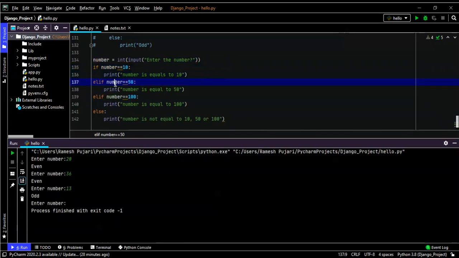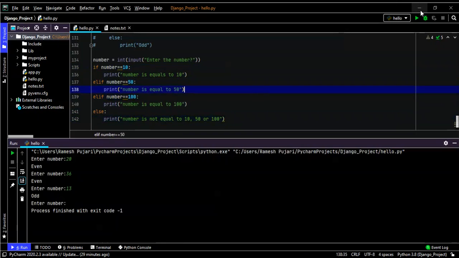If the entered number is equal to 50, then the number is equal to 50. And if the number is equal to 100, then I'm printing the number is equal to 100. And else, the number is not equal to 10, 50 and 100. If it is not equal to all three numbers, then this statement will be executed.